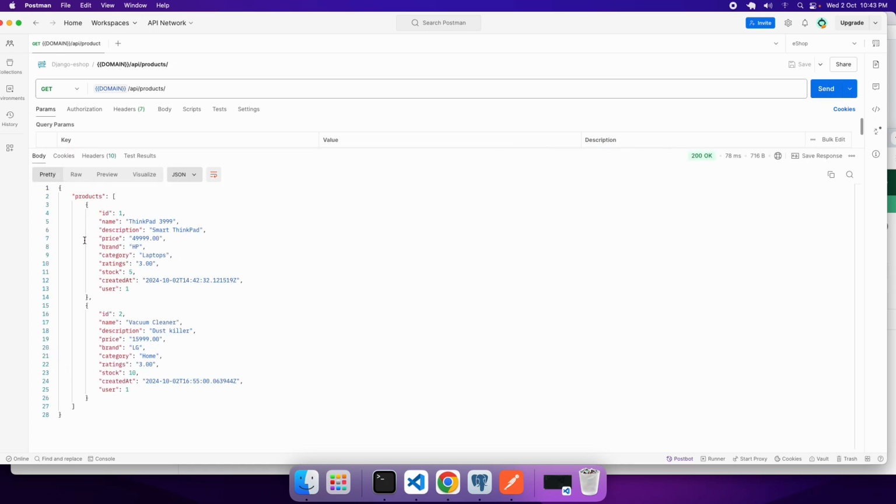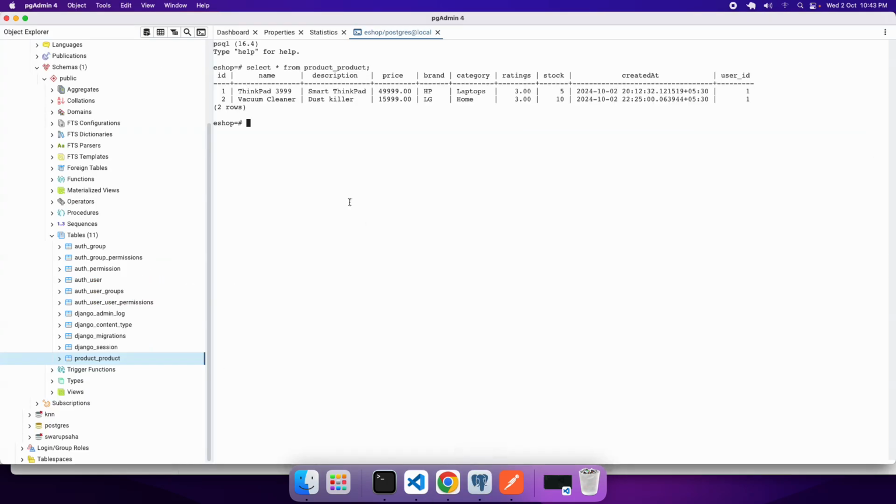These are the 2 products that have been registered, and you can see over here the data is coming in the form of a product array, or better to say in the form of a JSON object, which contains an array called product, and inside that there are 2 objects. Now let me tell you one thing. This is DRF, Django Rest Framework, so that means the model which you are seeing right in the IDE